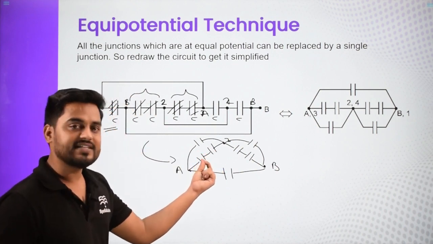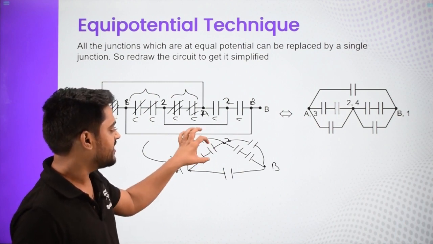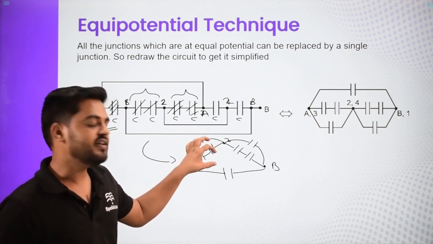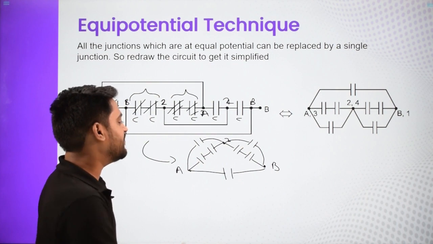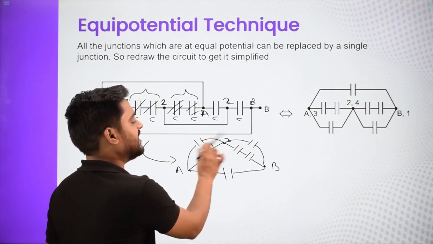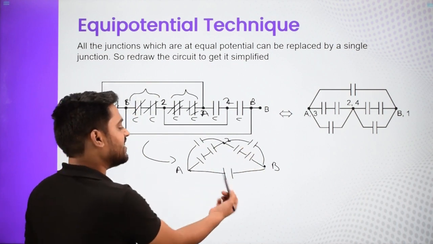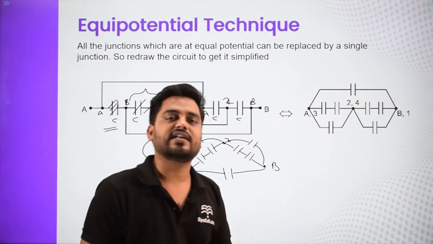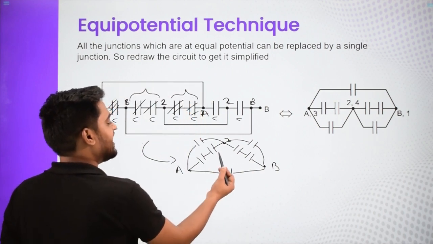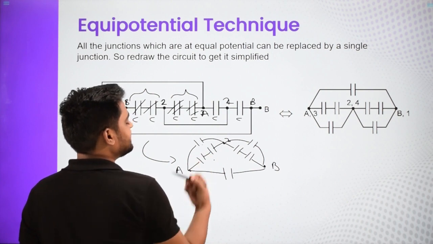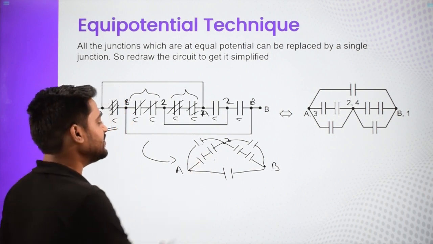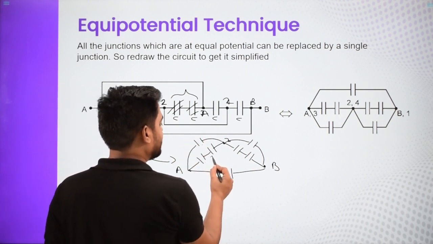These two can be combined in series first. Then with this parallel, this entire combination is one. And then similarly, this can be solved. And once we solve these two, these two will become in series and then again parallel with this. And at the end, we can get our answer. In this case, this will be C and C. So C by 2, C by 2 and C is basically 3C by 2. So this entire thing is 3C by 2.